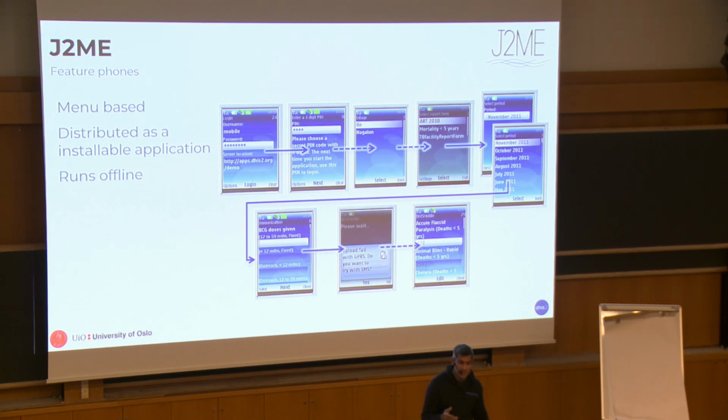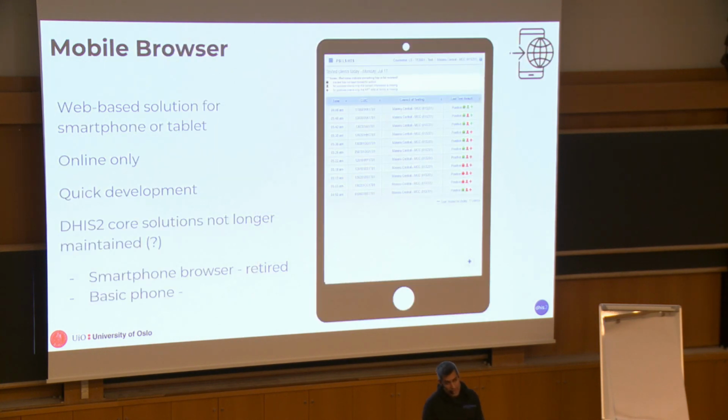So J2ME is the first one that we're showing that will work completely offline, but I really will question the use of J2ME nowadays, although as far as I know, I think there are still some of these implementations up and running. So the next one, the mobile browser. I feel that we keep thinking that everything has to be offline,